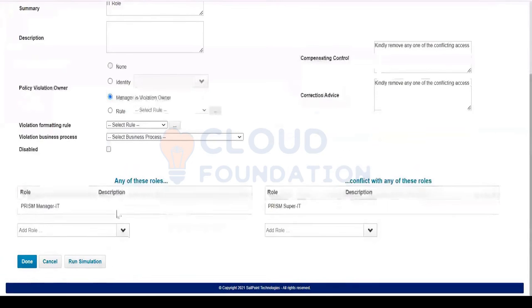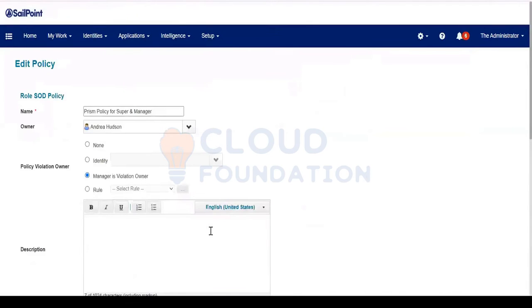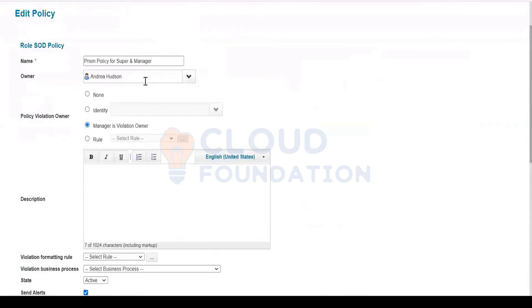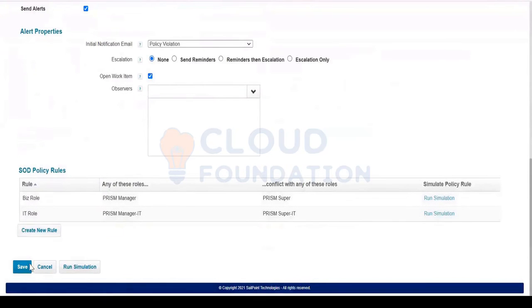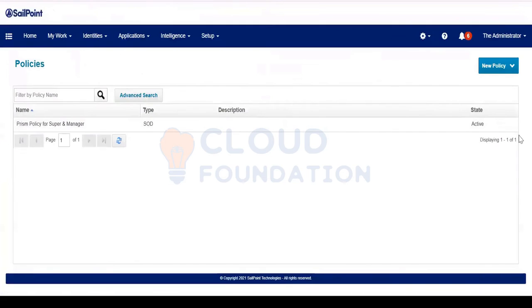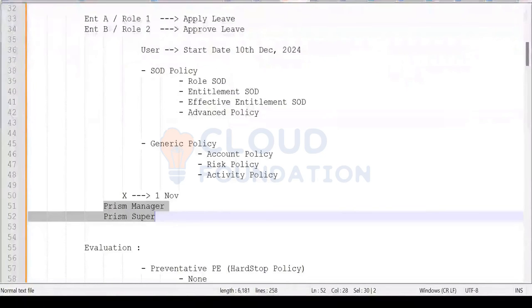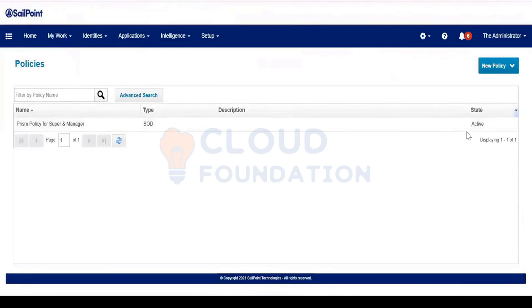That's it. If you want to add more items, business roles, you can add them from here. We don't have any limitation. Now we created one policy and we added two policy rules, but we didn't save this policy. First, you have to ensure the policy status is active, always. If it is inactive, the requested item cannot be validated against the inactive policy. The policy has to be active.